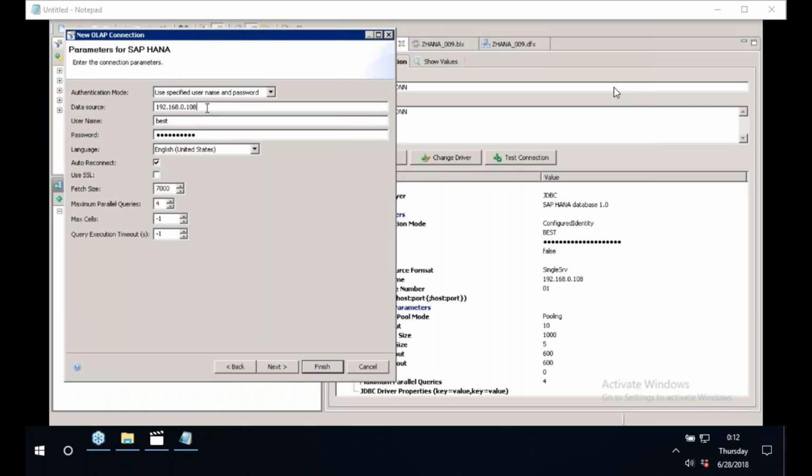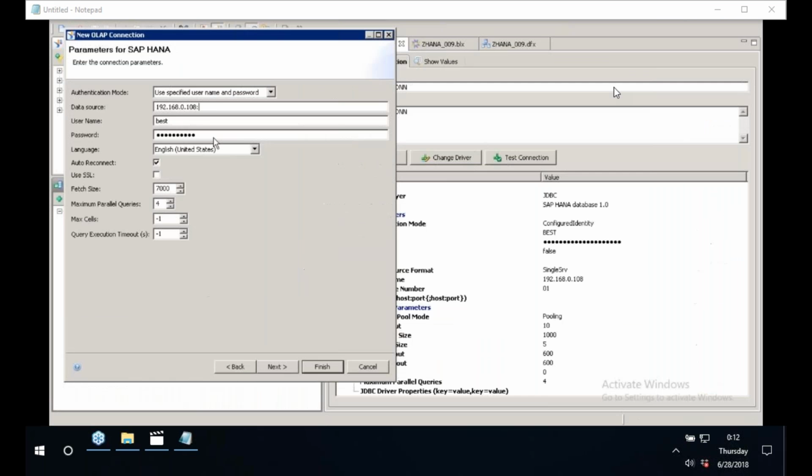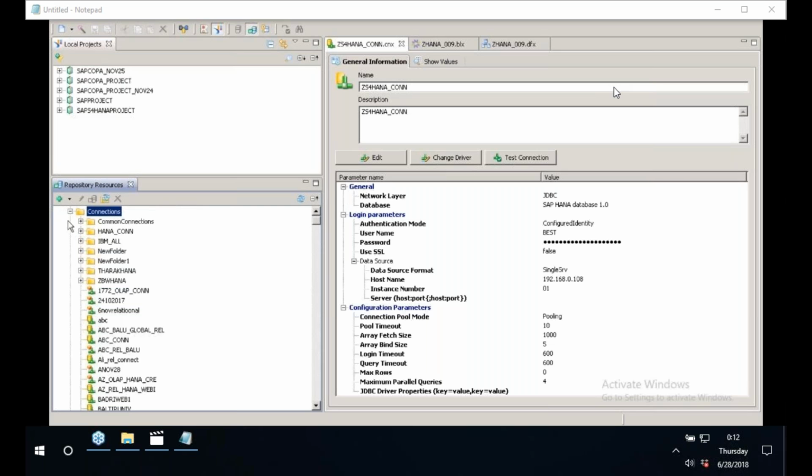We need to give also the port number. Let us give the port number 30115 and click Finish. Once you click Finish, please see participants, just now we created an OLAP connection. Right click on the connections, click Refresh Folder. So what is the type of connection we created? OLAP connection. Let us go to this OLAP connection, JET_OLAP_